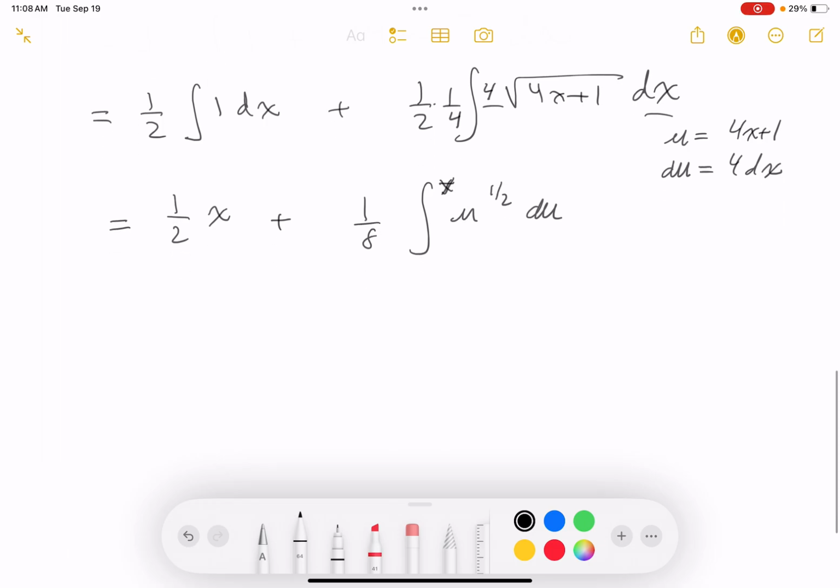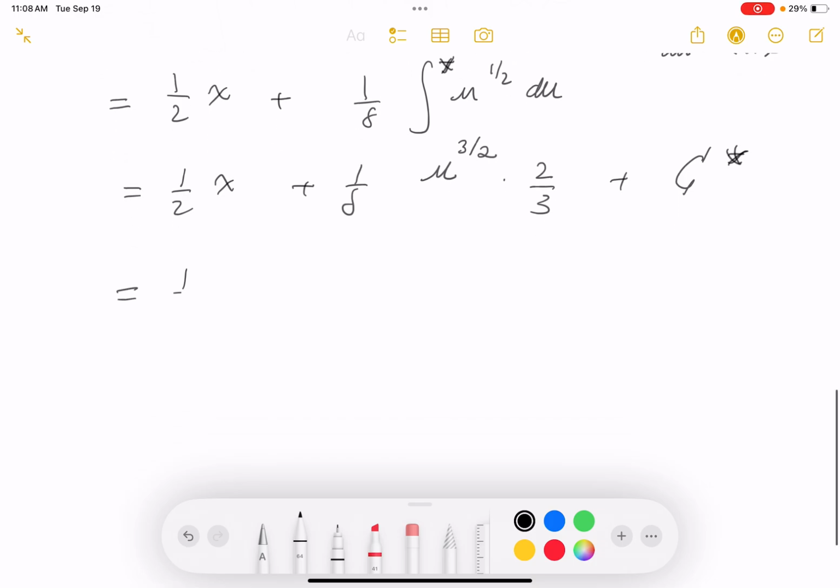Well, I'm ready to integrate that now. What do you get? 1/2 x plus 1/8 times u. I'm going to increase the exponent by 1. That's 3 over 2. Dividing by 3 over 2 is like multiplying by 2/3. And there will be a constant of integration. All right, we'll figure that out in a moment. What do you get over here? 1/2 x